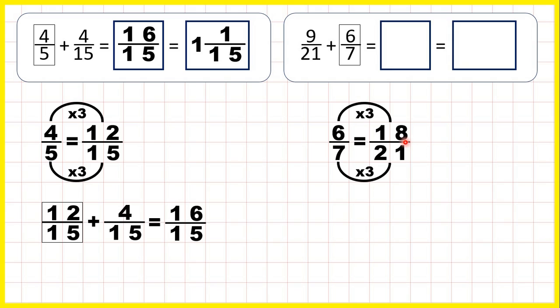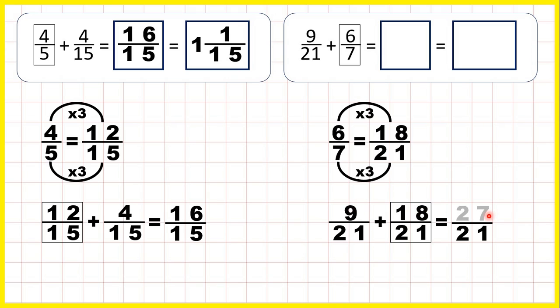So we can rewrite our question as 9/21 plus 18/21, because as we've seen, that's equivalent to 6/7. So when we're adding fractions, we keep the denominators the same, and 9 plus 18 is 27. So as an improper fraction, our answer is